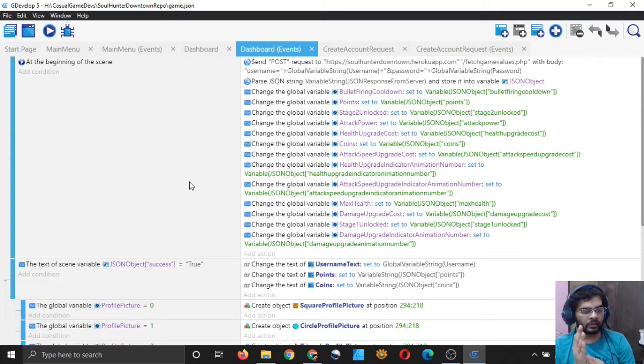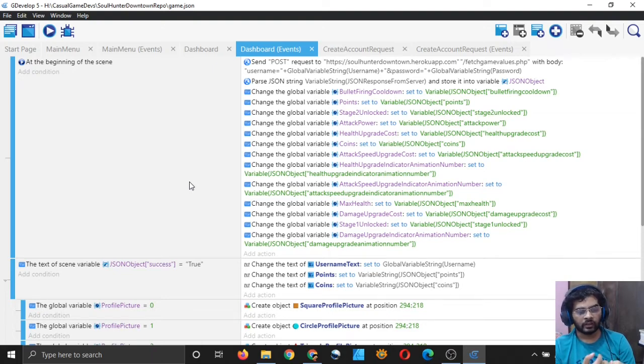So the device will always have the latest save, and the cloud will have an older save. So if the user starts playing the game without logging in, then they may make some score, and if after making the score they come back to the main menu and they log in, then their older save which is present in the cloud will be loaded.